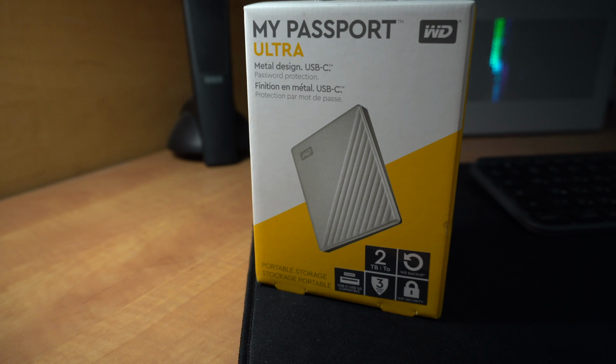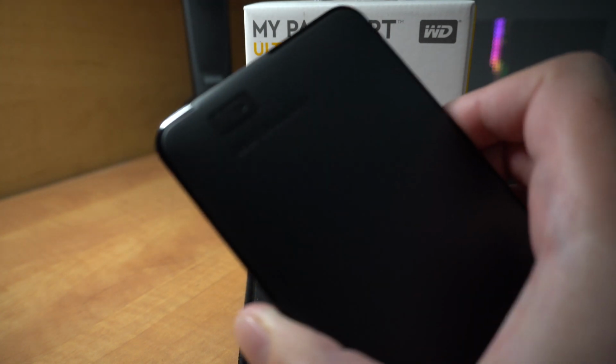This is a portable hard drive. I picked it up just recently with a sale from a local retailer. I thought, why not? I've been using MacBooks, so now they've all gone USB-C, and my other hard drive right here